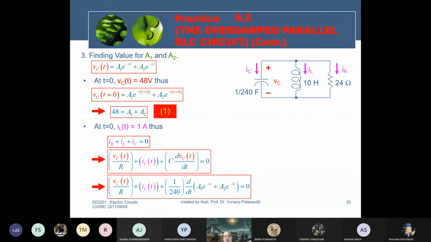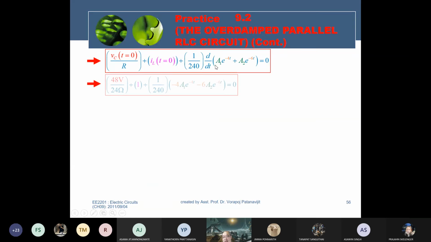You express IR in terms of VC and IC in terms of VC. IR equals VC divided by R, and IC equals C dV by dt. For IL, you know that IL equals 1 amp. You take the derivative of VC, C dV by dt, and you get here